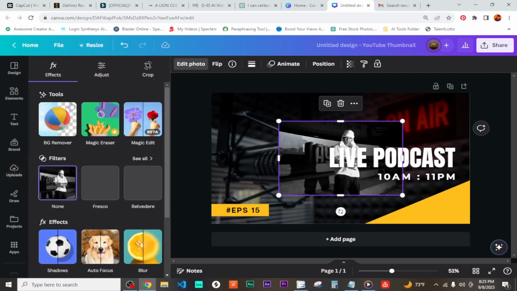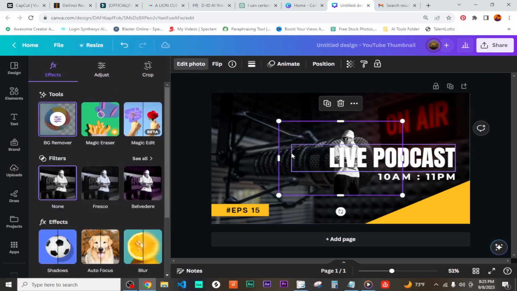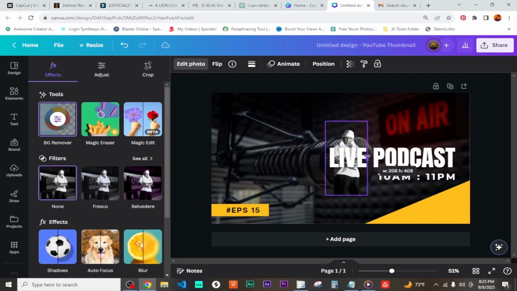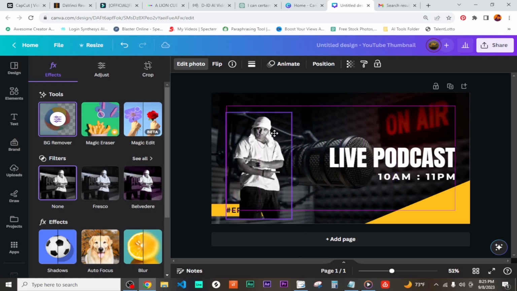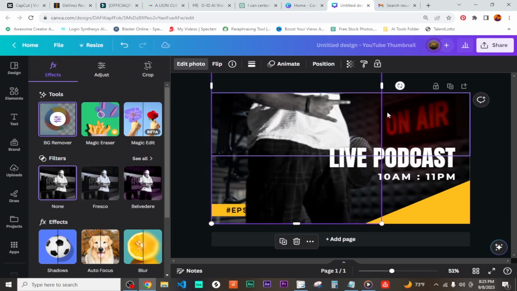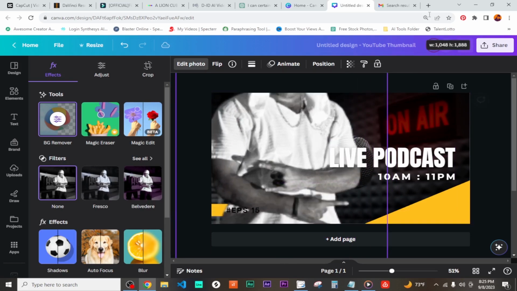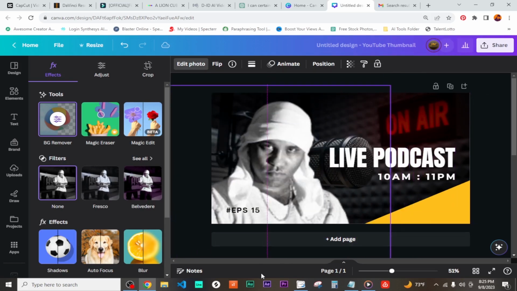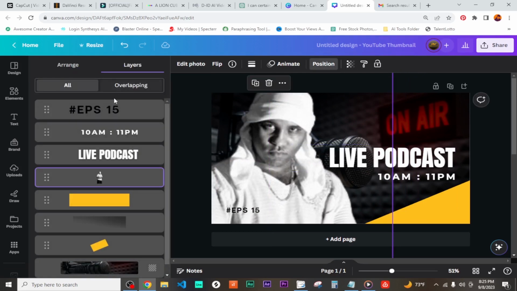Edit. Background remover. And say you got a picture or you shot a picture, you know what I'm saying, for this, which is something you should do. If the wife is going to help, have her just shoot the photos, you know what I'm saying, or take the extra footage for a couple of minutes. Put that right over there, or, better yet, make it big so that you're kind of like that or something. You know what I mean? What are the rules here? There are none. Position, layers, and I'll push this back